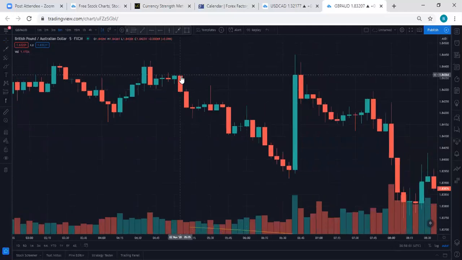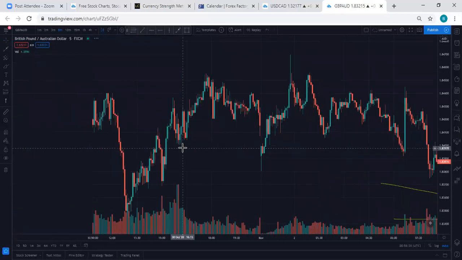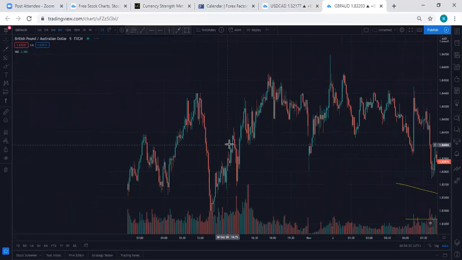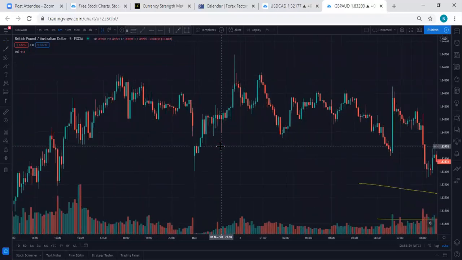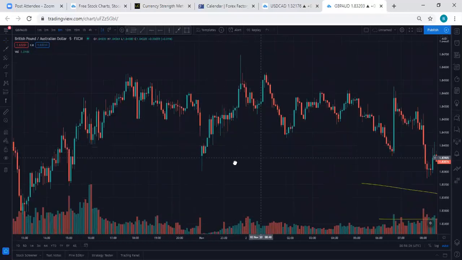So the bearish candle opens on top and closes at the bottom. That is that for the bearish candle. So I've discussed 2 types of candle: the bullish candle, which tells us the market is going up, and the bearish candle, which tells us the market is coming down. Now, that is that for the candles. As we progress, we are going to talk more on candles. The second thing we have to discuss is